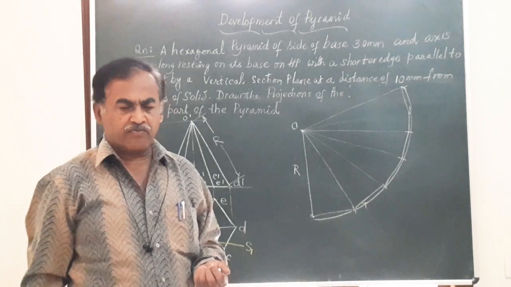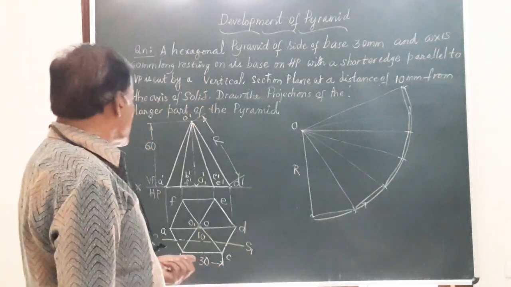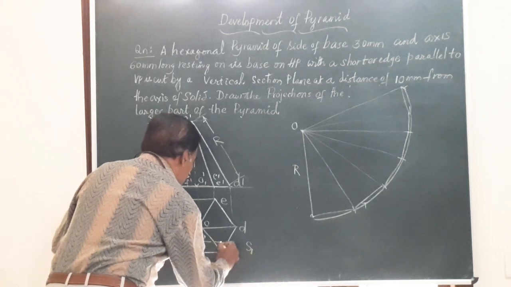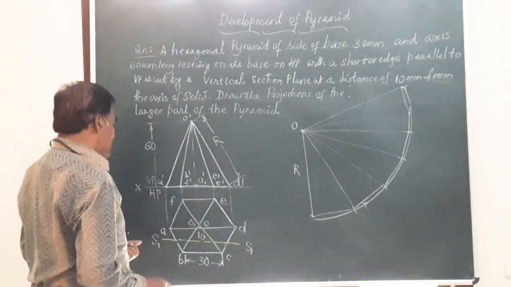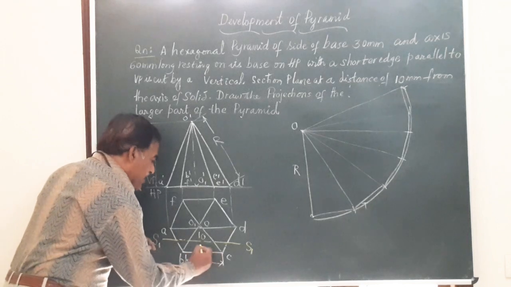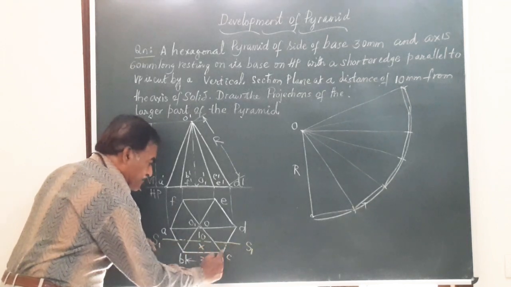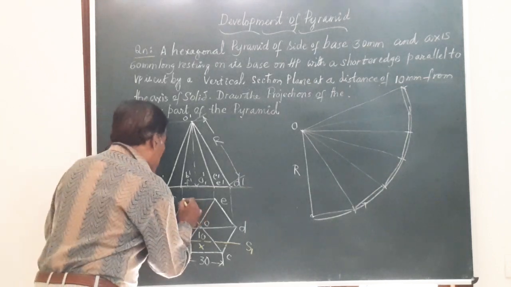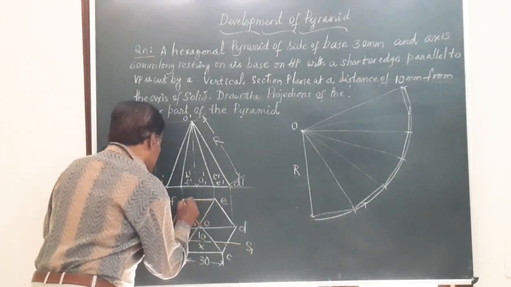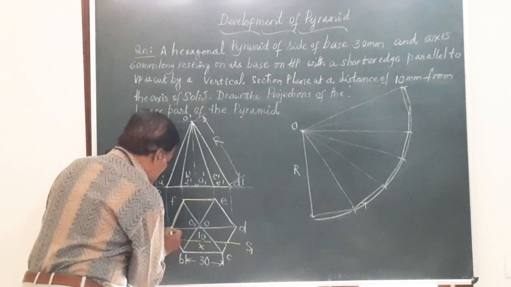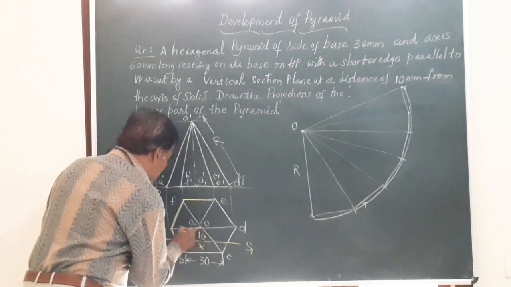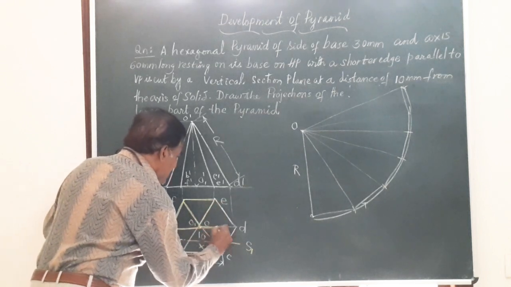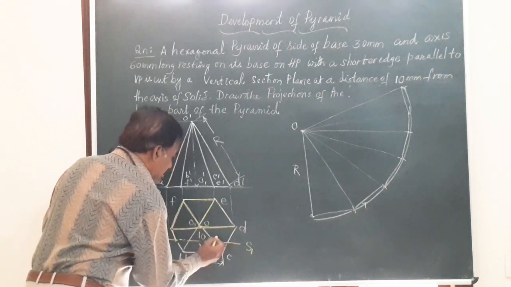So after the section plane is cutting the solid, we are going to retain that portion of the solid which is retained for the development. So the smaller part is thrown away, and the remaining part is retained, and all that retained part I will show by dark line. So this part is retained, this is up to here retained, this slant is retained, this is also retained, and up to here is retained.